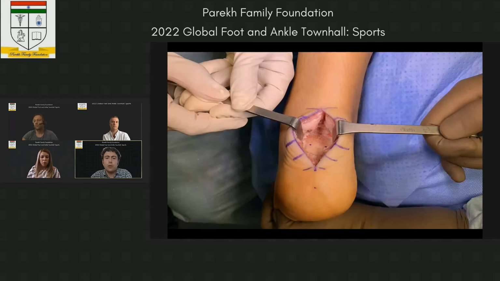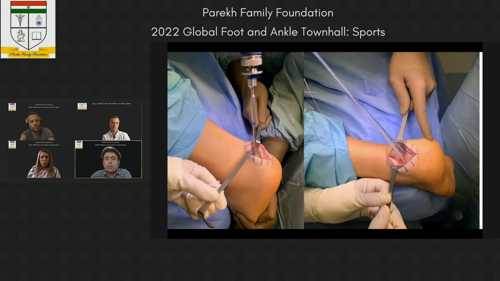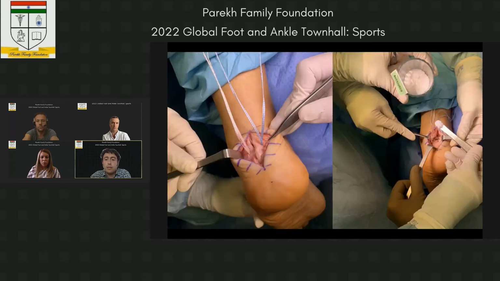And then I go with a double row, very easy. In this case, I don't use a transfer, flexor hallucis longus, which I do a lot, but I didn't choose it here because it was a rather healthy remnant Achilles, and I didn't detach that much. So we do this. We also use vancomycin